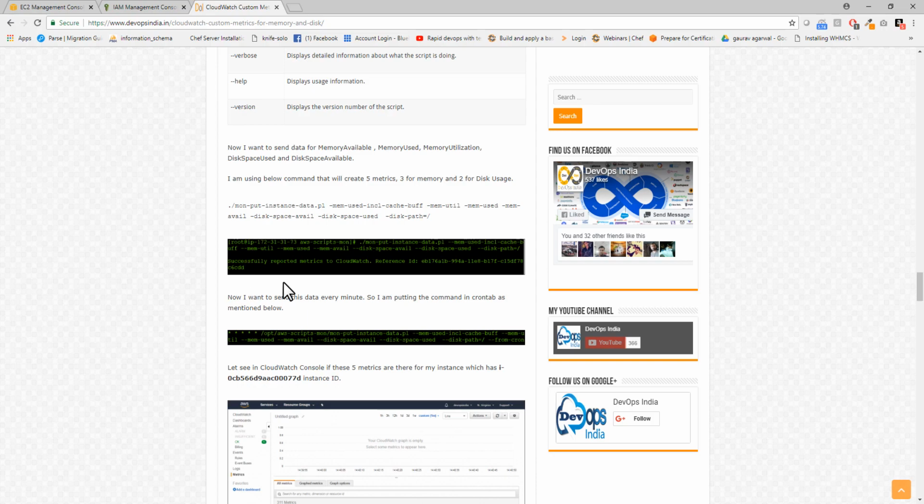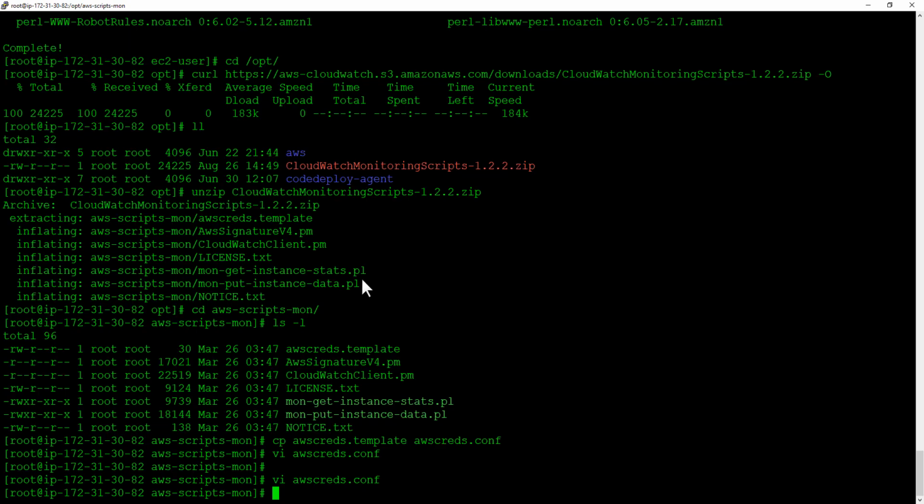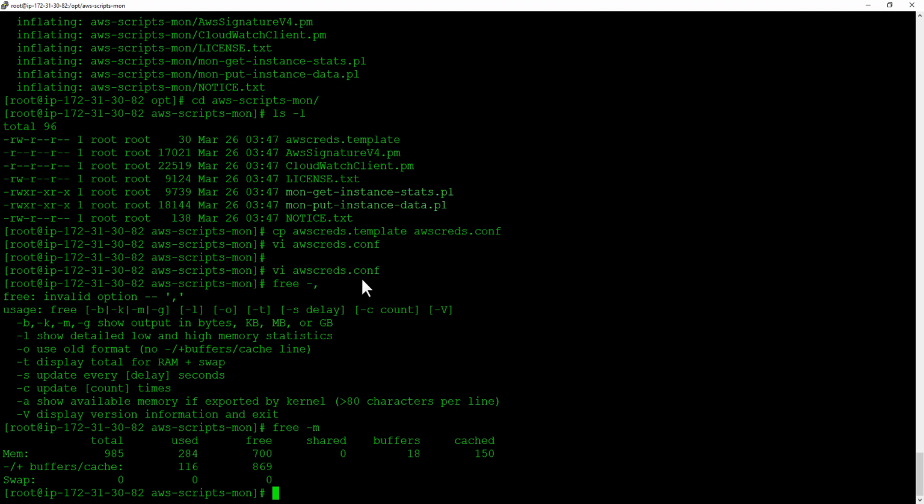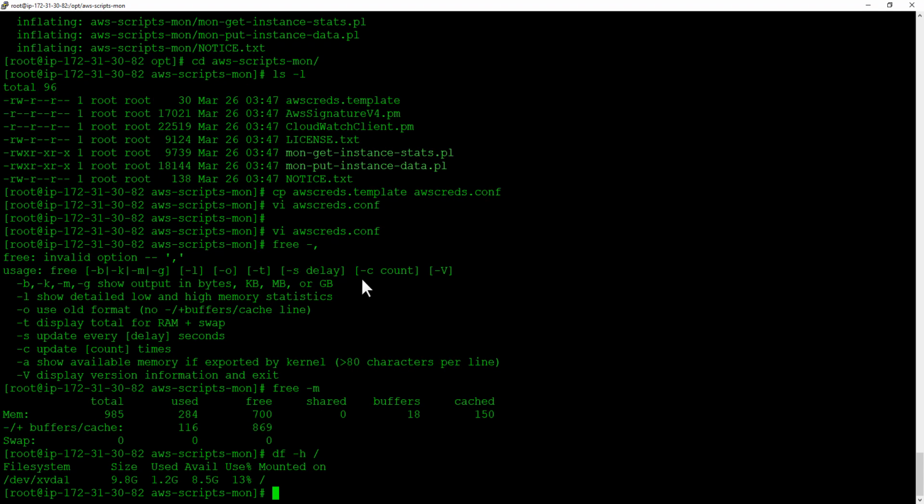Before we go ahead, let me tell you about the statistics of my configuration. I'm having around 1 GB RAM and disk space around 10 GB. So I have one EBS attached with my EC2. It is of 10 GB and 1 GB RAM. So I'm going to monitor these two things with the help of this script. Okay, so whenever I trigger this command,